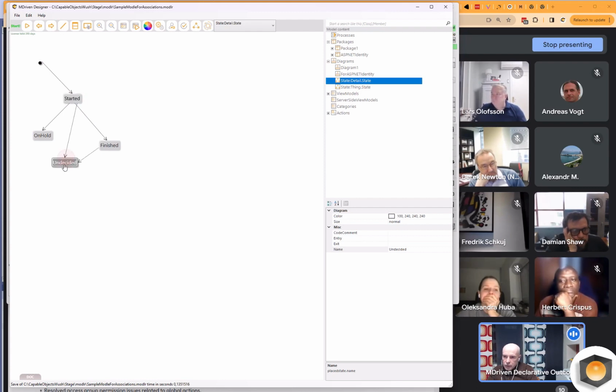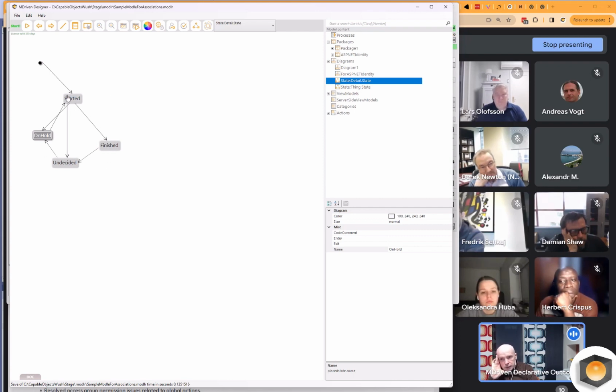And maybe from undecided I can go to on hold, and from on hold I might want to go back to started. So let's say that these are the valid transitions that we can do in the state machine, and that's fine. We're almost done.